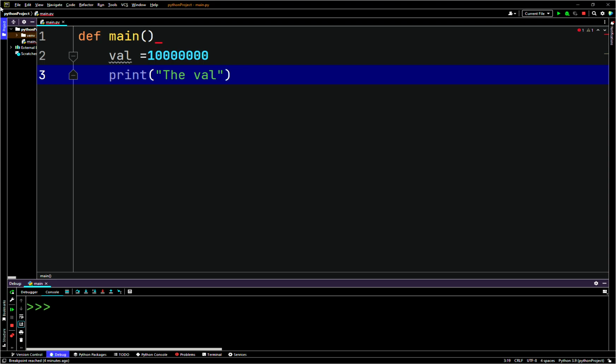Or the val is. We'll pass in val, the variable val there. The val is, and then we'll pass in val. Then we'll call change val. We'll call a function named change val, which we haven't created yet. I'll say that it takes a val. We'll say that it takes a val, and then here we'll say